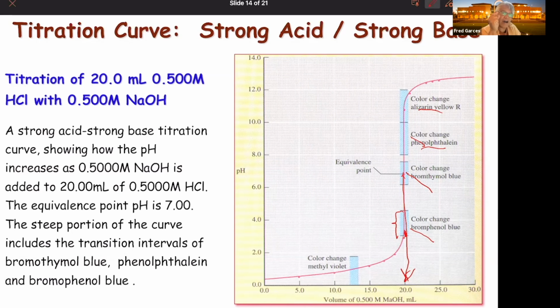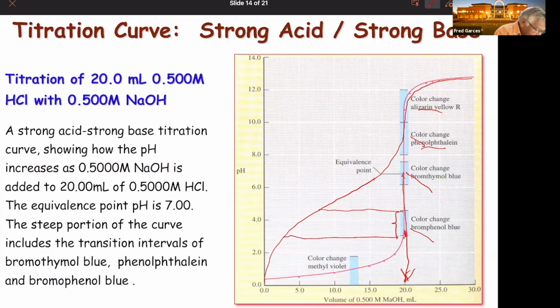But if you have an acid, say a weak acid that looks like this, okay, this is what your titration curve looks like. And some of you saw this in the lab. Then if you use bromothymol blue as your indicator, guess what would happen? You would say that the equivalent volume is somewhere around 5. Okay, you're going to get a false reading because remember,